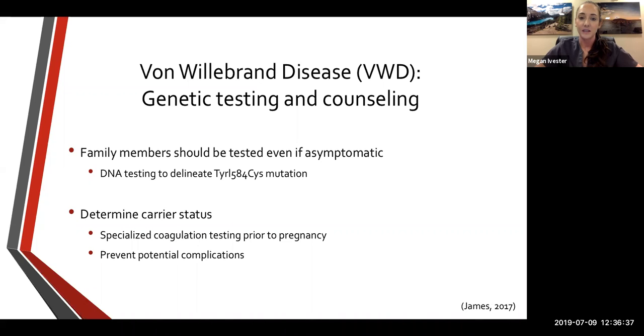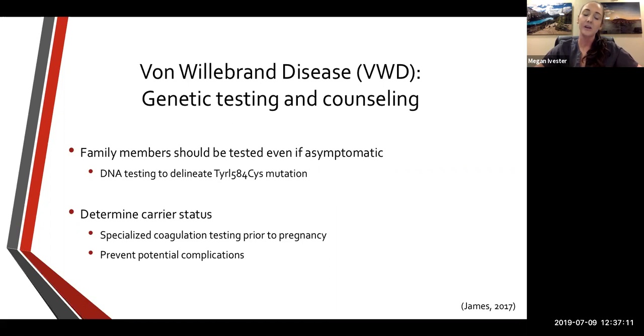So as far as genetic testing and counseling, it's always advised with von Willebrand. It's, like I said, just more follow-up. And family members of people diagnosed with von Willebrand should be tested even if they're asymptomatic, because a lot of mild cases of von Willebrand can present asymptomatic with no bleeding until they have a procedure of some sort, or pregnancy, childbirth, something happens and they have prolonged bleeding, and then you're trying to play catch up from the bleeding